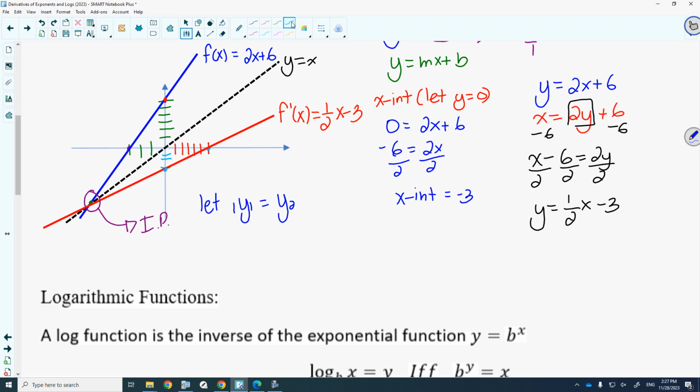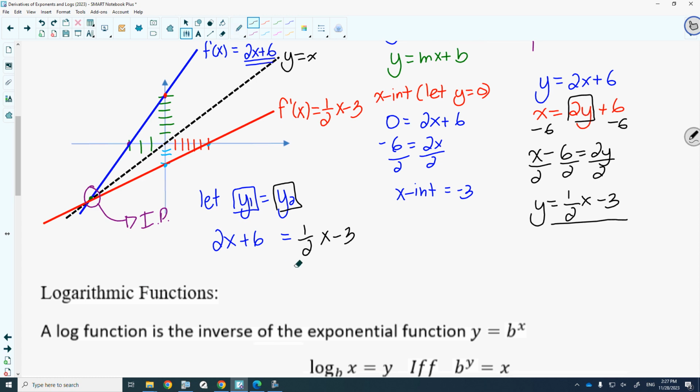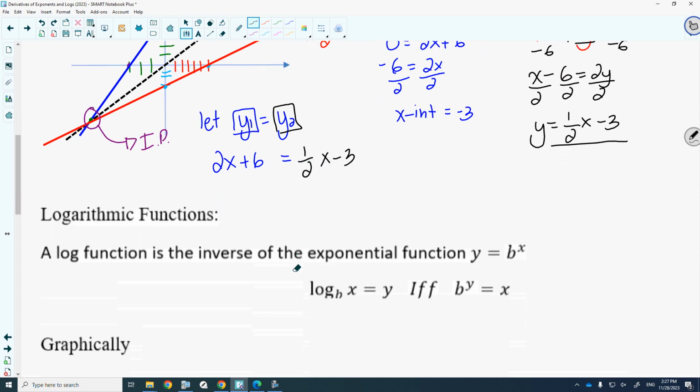So the equation for y1 was 2x plus 6. The equation for y2 is 1/2 x minus 3. Okay, you set those two equations equal to one another, and we're going to solve for x. Now, I don't want to have this fraction, so I could get rid of the fraction right away. What would I multiply both sides of the equation by to get rid of my fraction? 2. So I'm going to multiply this by 2 and this by 2, and I would get 4x minus 12